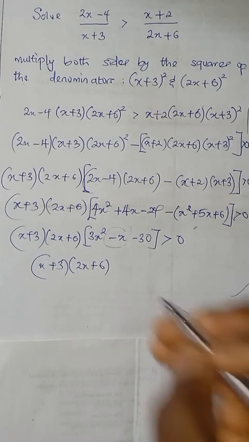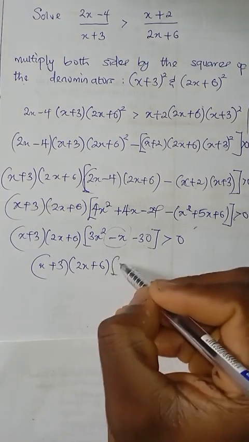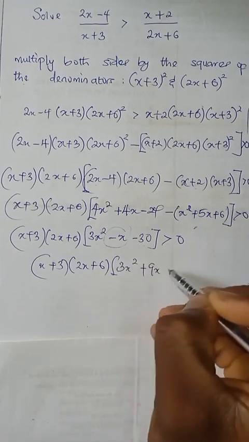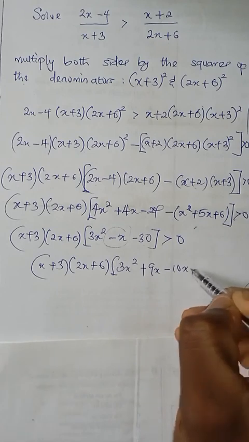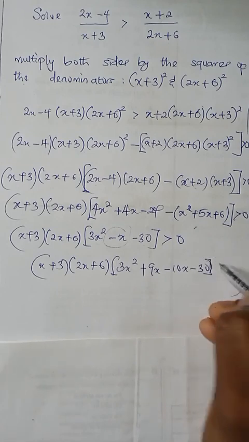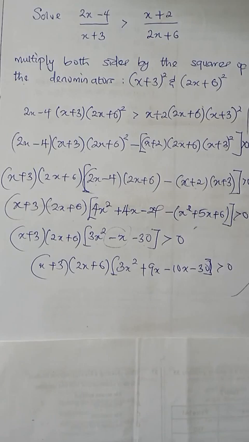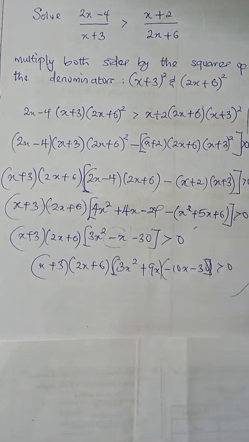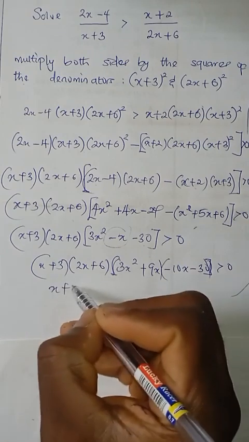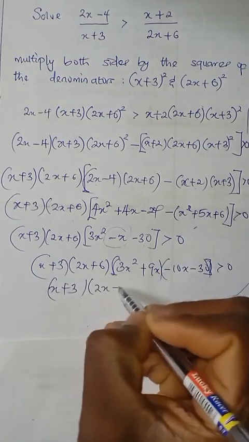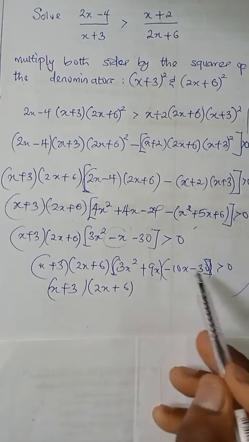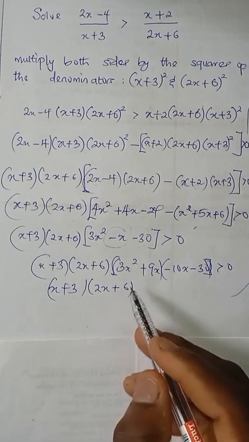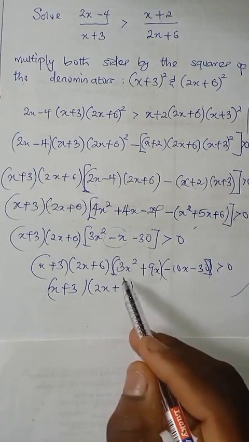So that is a simple factorization technique. There are different techniques. So I'm going to have on this side 3x plus 9x minus 10x minus 30. I'm just writing it again so that it will not look as if I'm skipping too many steps. So when I factorize this now, I will group, factorizing by grouping. I'm going to have x plus 3, 2x plus 6. And on this side, 3x is common. So I'm going to have 3x plus